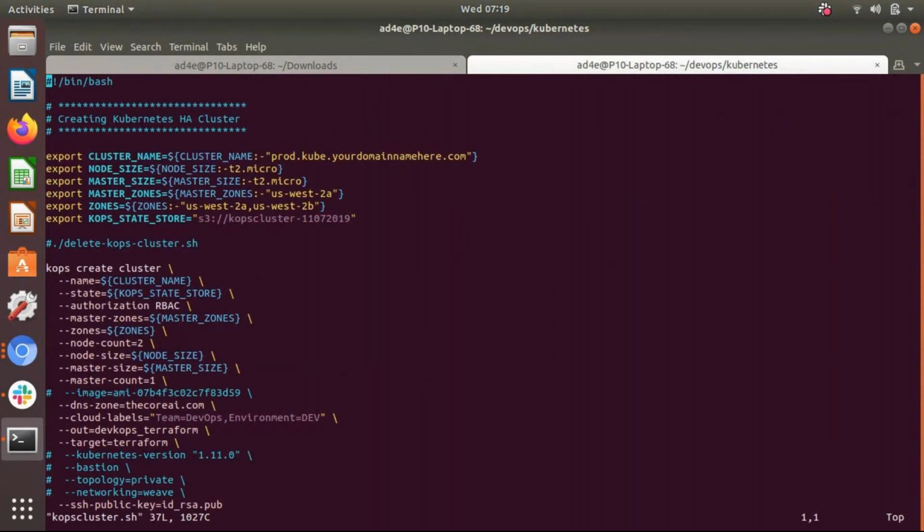This script I have created some time back, and it's there in my GitHub repo also. I created it just to create this highly available cluster. Here, these are the variables. This is basically a bash script. Here I'm creating the variables and putting the default values in them,